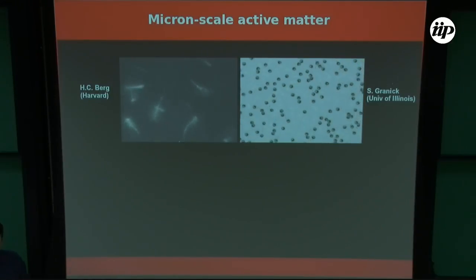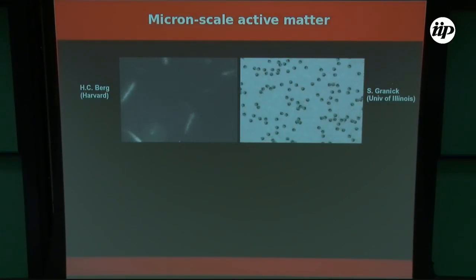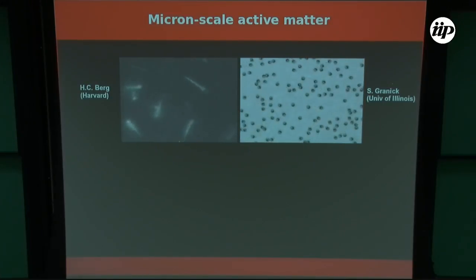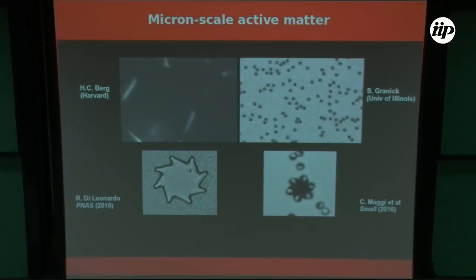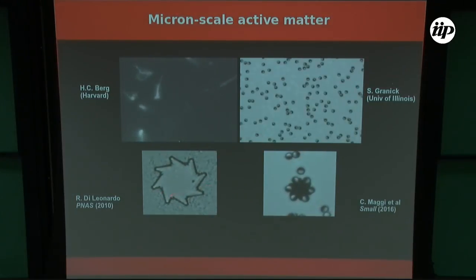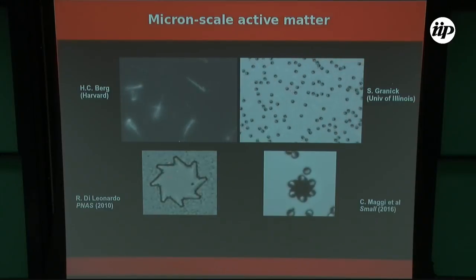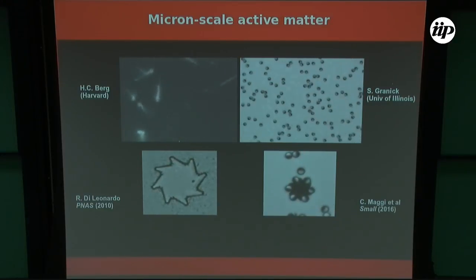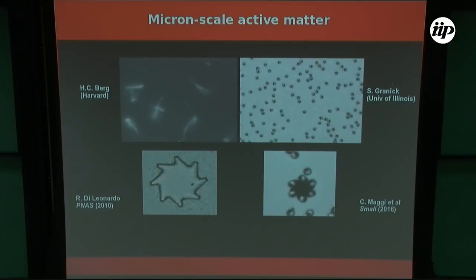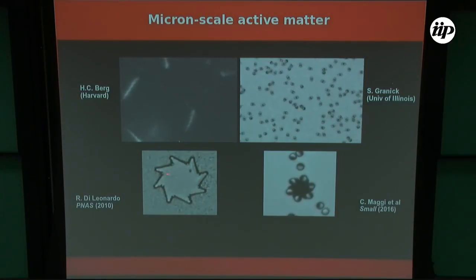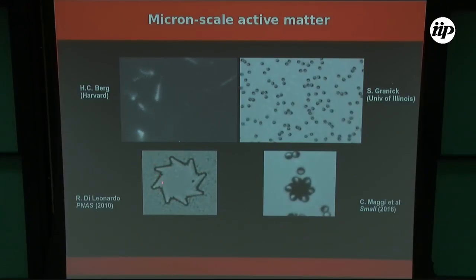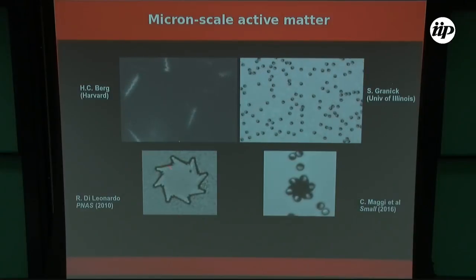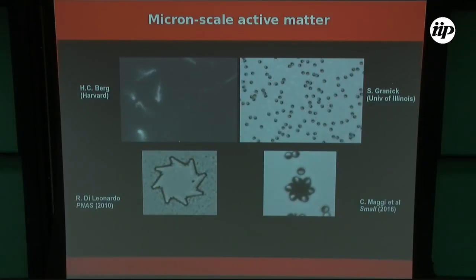So we have active particles, and I want to convince you that these systems are very far from equilibrium. To convince you of this, if it's not obvious, I want to show you these experiments that we did in our lab. This is with swimming bacteria. You have this microgear that is like 4 times smaller than the diameter of a human hair. It's made of plastic, it's completely passive, but then when you put it in solution with swimming bacteria, the swimming bacteria get trapped in the corner of the microgear